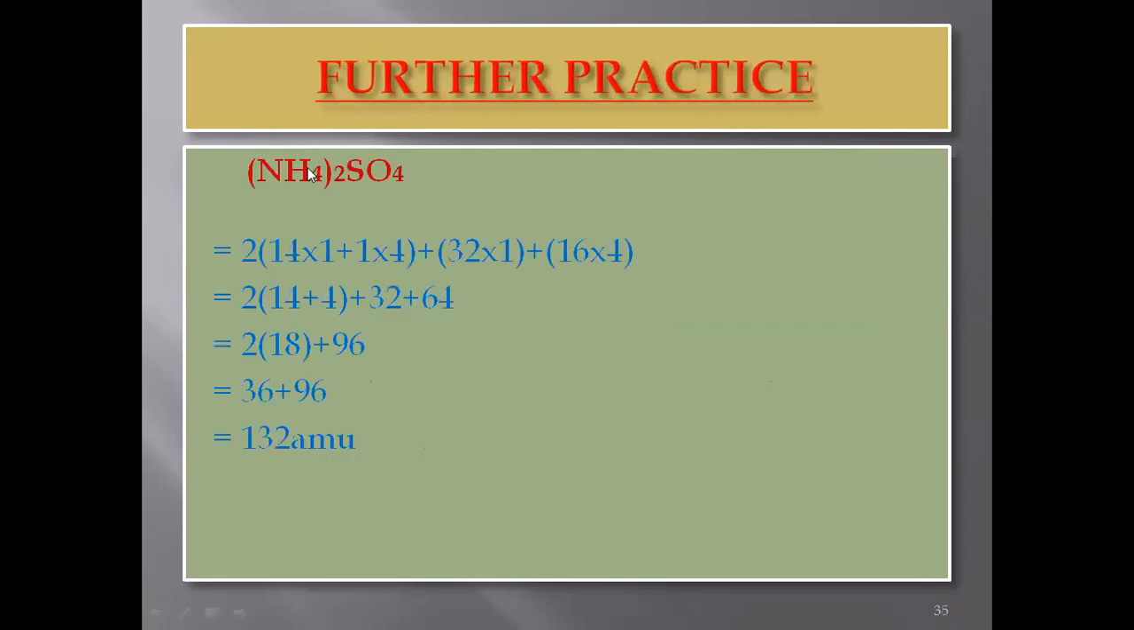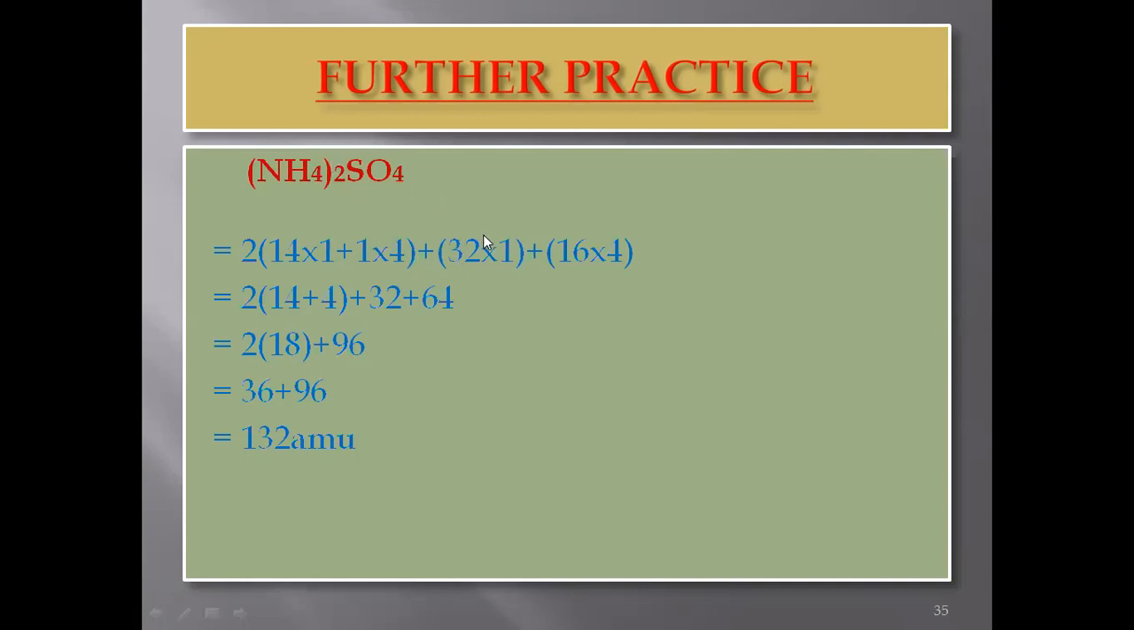Now let's see, if we have a compound like this, (NH4)2SO4, how can we calculate the mass of this compound? Now you will just bring the subscript that is written outside the bracket, which is 2 in this compound. You will bring this 2 to the front of the bracket. First of all, you will write the subscript 2, then put the mass of nitrogen 14 multiplied by its number of atoms 1, then plus the mass of hydrogen 1 multiplied by 4. Again, put the mass of